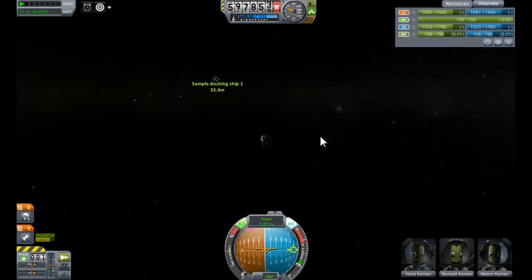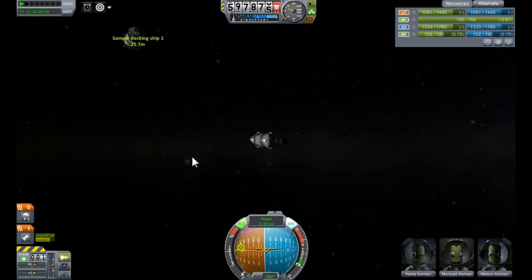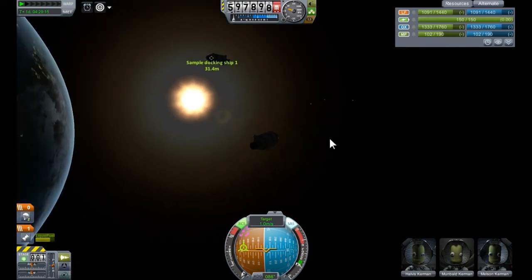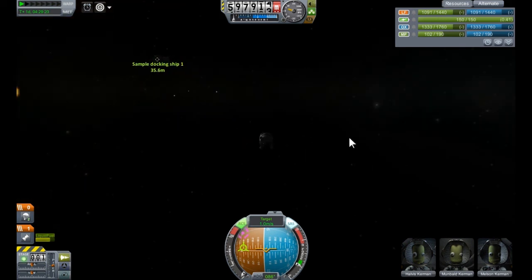Now as you can see, my relative velocity is still fairly high, so I'm going to use RCS to slow down relative to the target. And I'm moving at 1 meter per second now. Now from here, all of this can be done with the nav ball. One of the things that we'll want to do is start moving with the translation controls. This is I and K will translate up and down, and the J and L buttons will translate left to right. Now as you can see, as I move this around, you can watch the retrograde